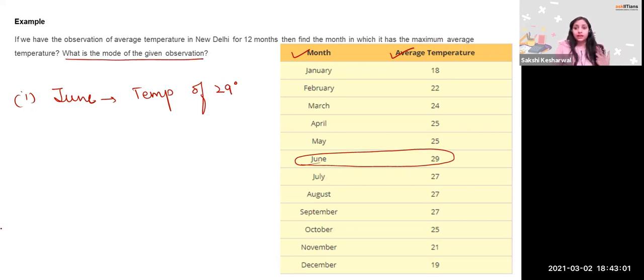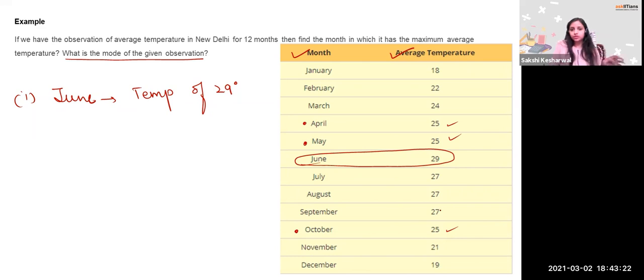Now, what is the mode? Which number is being repeated the maximum number of times? Which temperature? January has 18, February has 22, March has 24, April 25. So 25 is counted twice, right? Now, 25 is again 25. So you see that in the month of April, in the month of May, and in the month of October,